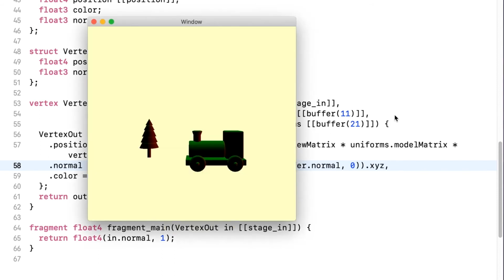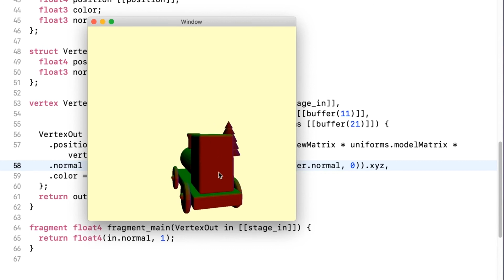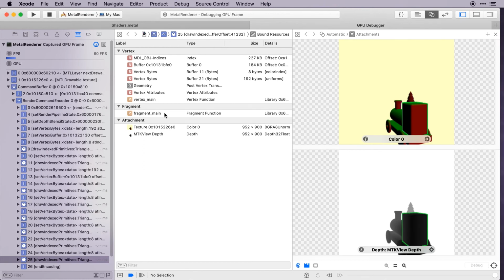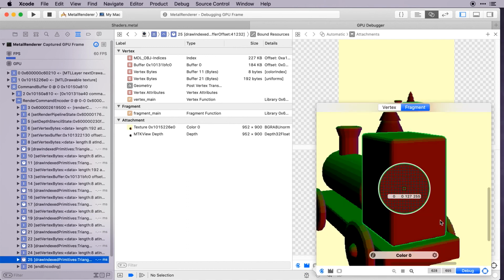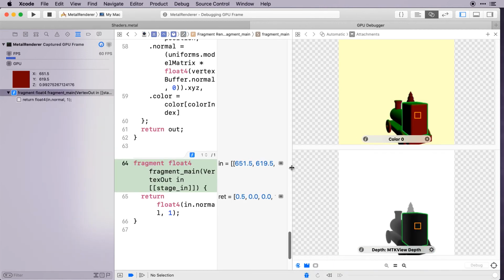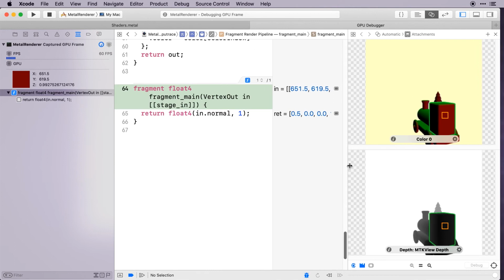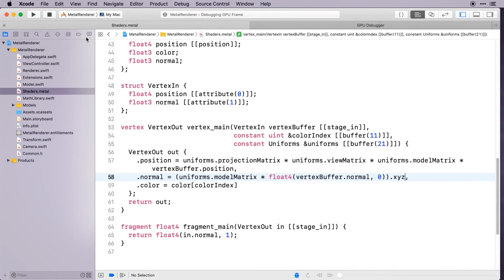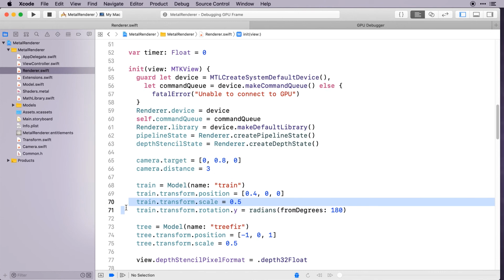Build and run, and check out the normals pointing in the X direction. These are now darker than they should be. In the GPU debugger, we can check out the fragment color. First, select the draw command for the train's cabin, then click the bug icon, choose a fragment, and then click on debug. Now we can view the actual values for the highlighted fragment. We can see that the red value is 0.5 instead of 1, and that is because we scaled the train